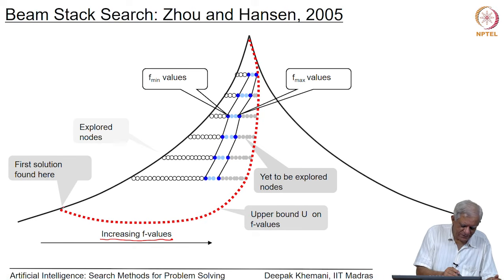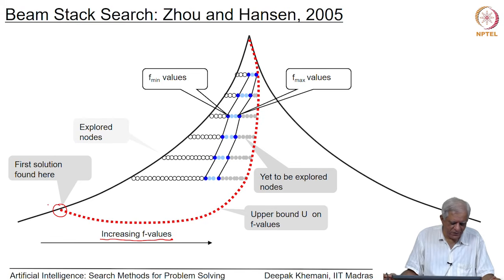When the first node is found, it would be found at some point by the beam. You have an upper bound, and then you can draw this boundary which is shown here in red, which marks the upper bound u essentially on f values, and you can make sure that your algorithm does not go searching beyond